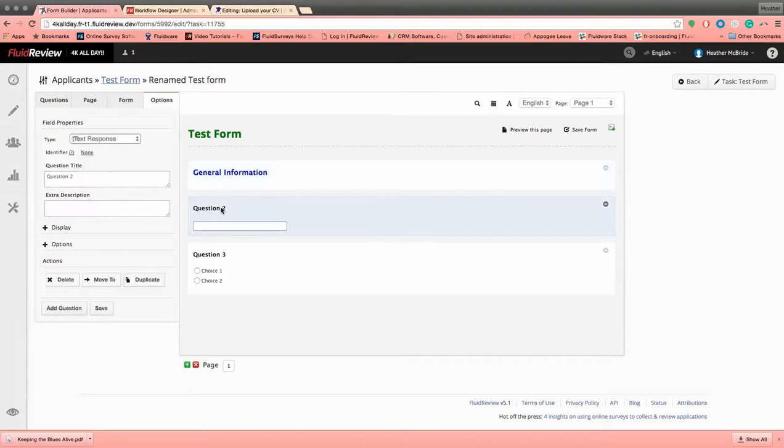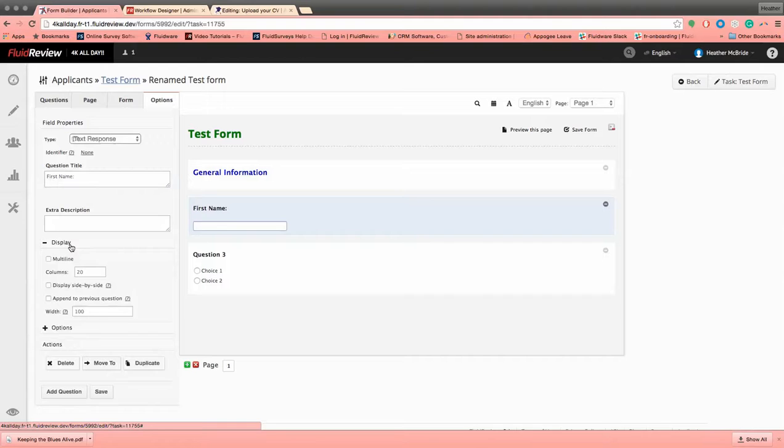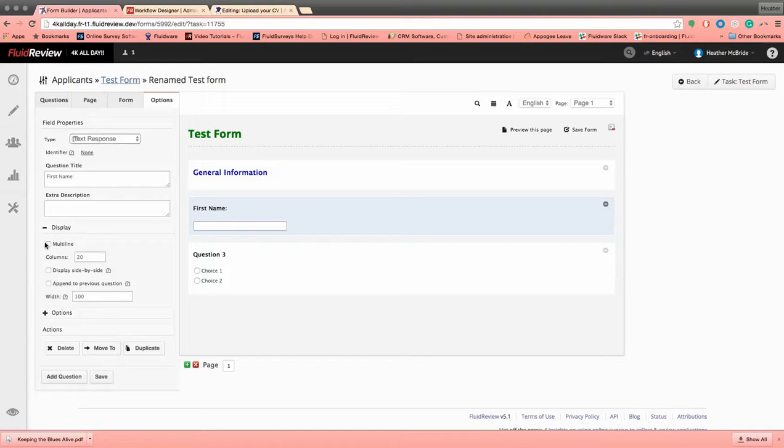Now I'm going to flip into question 2. And here, you'll see now the type is highlighted as a text response. And in this case, I'm going to retitle it to say first name. Now for every question, there are display options and options. When I click to open display, you'll see the very first option available for text responses is that you can